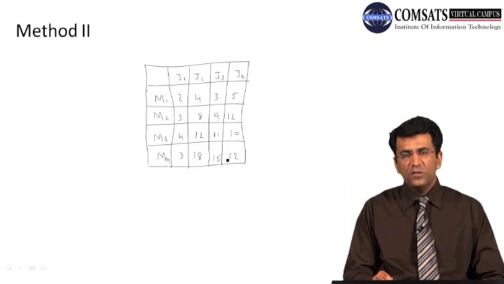The profit margin for the assignment of the different jobs to the different machines has been given in this particular matrix. Now we are interested to assign the different jobs to the machines in a manner that we are able